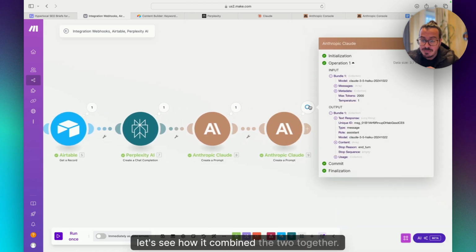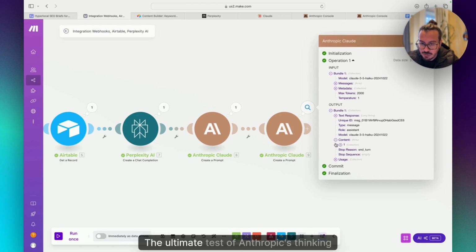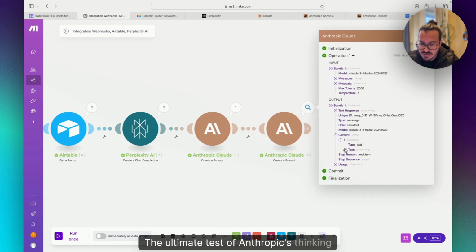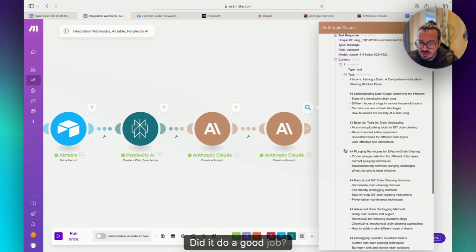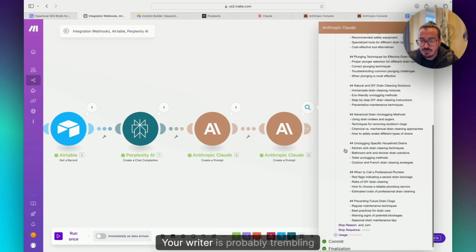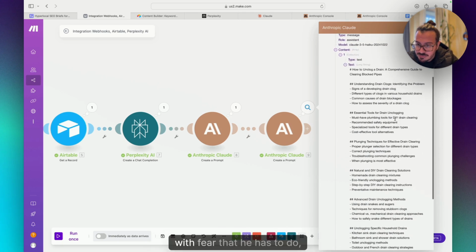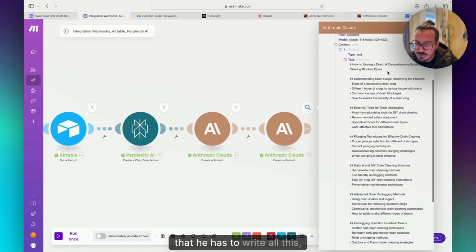finally, let's see how it combined the two together. The mashup, the ultimate test of Anthropic's thinking abilities. Did it do a good job? Look at that outline. Your writer is probably trembling with fear that he has to write all this, but it's